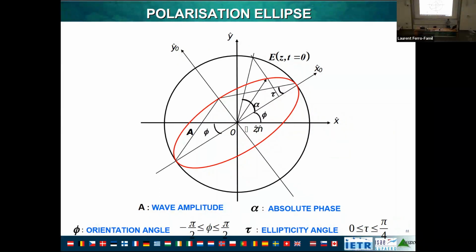There is a short story about this. During one of the first transmissions over the Atlantic Ocean, using some very first experiments of radio communications, they were using circularly polarized waves. And of course, they did not agree on the way of representing the sense of rotation of the wave. And of course, two groups made an experiment, and one of them could receive the signal, and the other not, because they were simply using an orthogonal polarization state. So it's very important to know in which sense the wave rotates. And we design